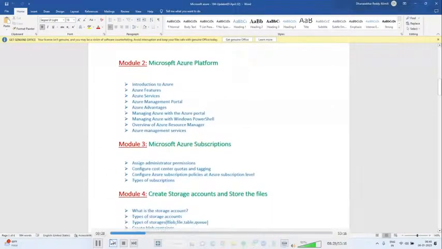Module two, Azure platform. We will go through the Azure portal. In the Azure portal, as I said, Microsoft provides more than 200 services. Out of them, which services can we consume as per our business requirement? If you consider one project, it may require 2 VMs. Another project may require an artificial intelligence service.